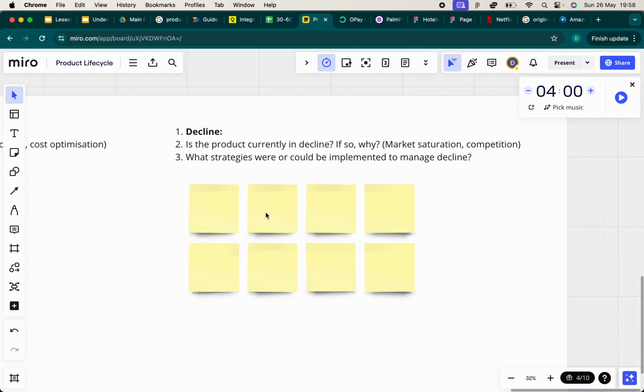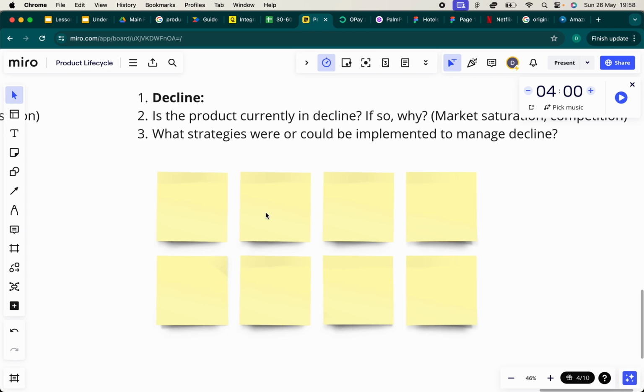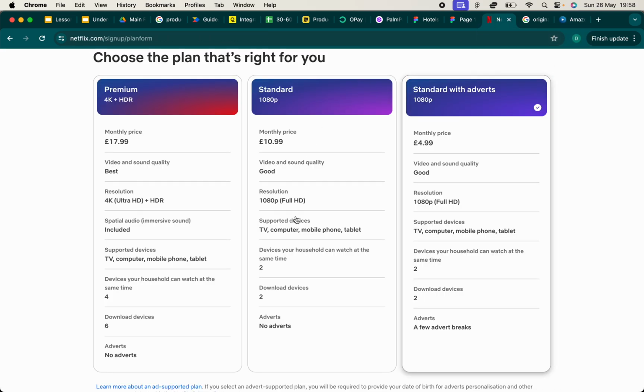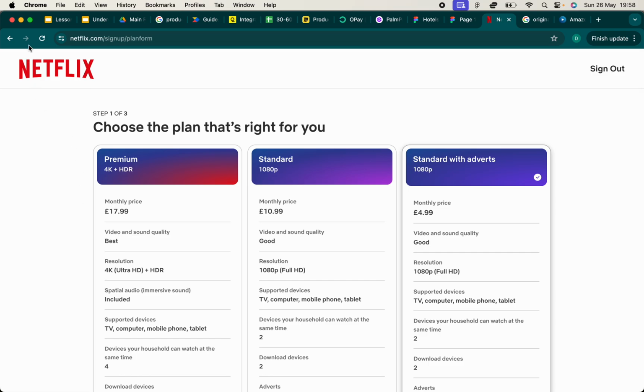But for Netflix to be in a decline phase, there will have to be many more other competitors in the market. At the moment, I think there are not many, but there are very few platforms that give you a global content hub. If you have Netflix, you will see that there is all types of content there.